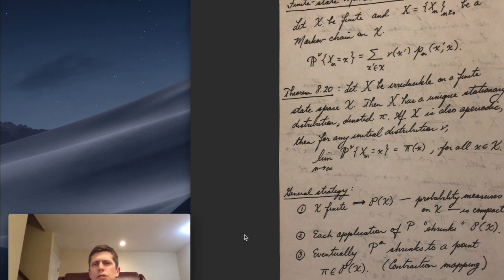So I'm going to assume a finite state chain. That just means that the state space is finite. There's finitely many states that we can visit. We're talking in discrete time,